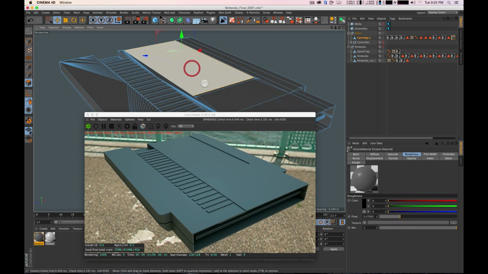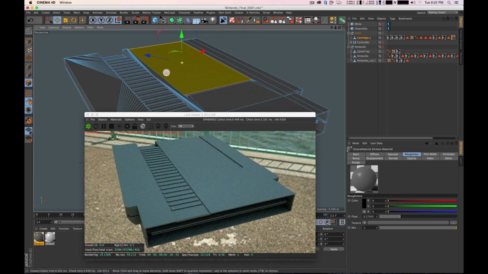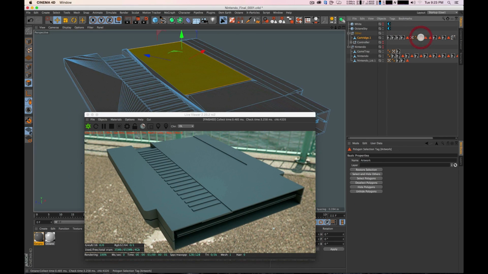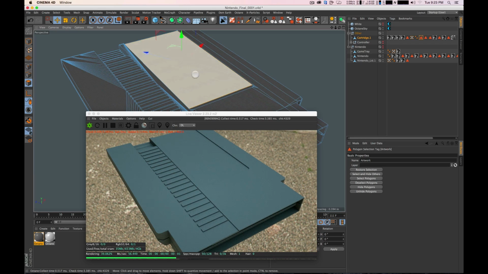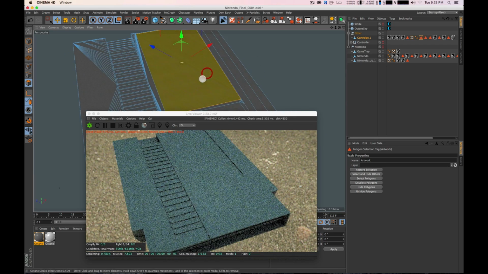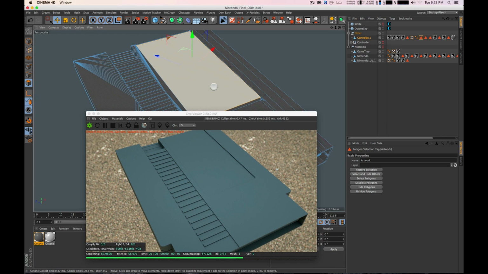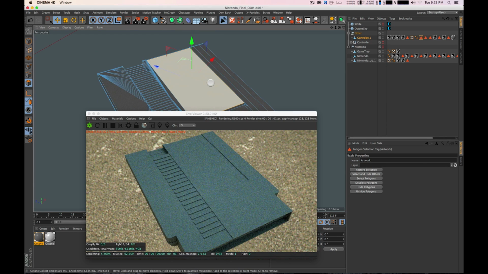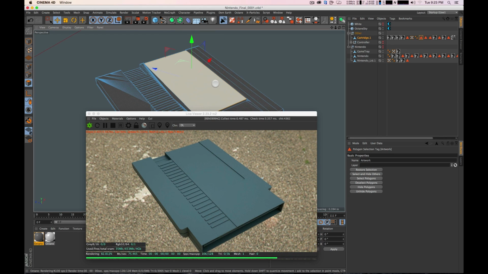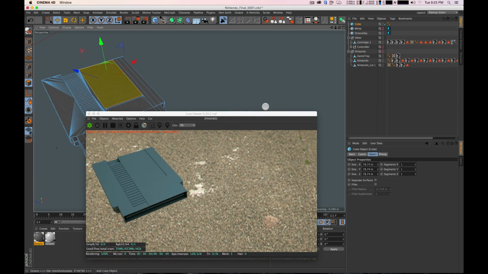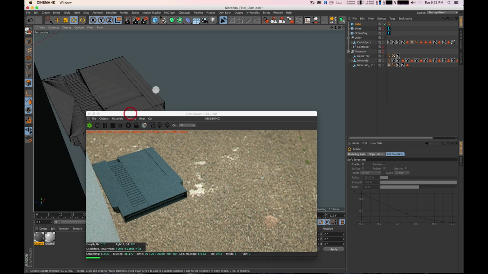Now, right here, there is a tag that Matt put in here. If I could find it, it's the second tag. I've actually already renamed it artwork, so I could find it. This is where your artwork's going to go, and I'm going to show you exactly how we're going to do that. But first, we're going to build this texture on a cube so you get a better idea of how this works. So I'm going to move that to the side, make a cube,